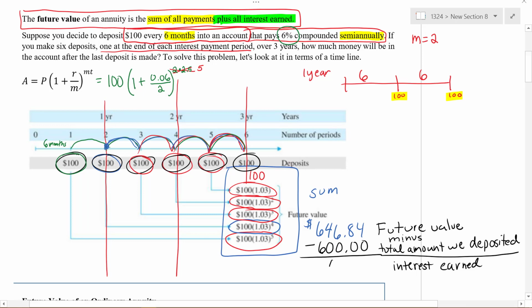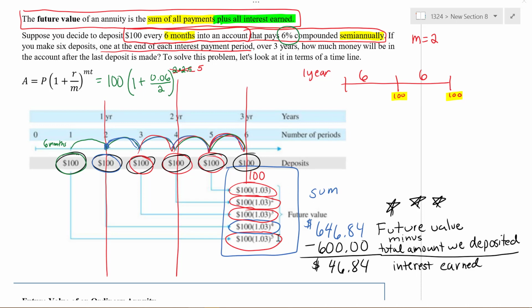So I get $46.84. Okay, so you want to keep this handy. This is going to come up again for finding the interest that was earned on a future value annuity. Now, instead of doing each one of those individual calculations for each deposit and then adding all those deposits up